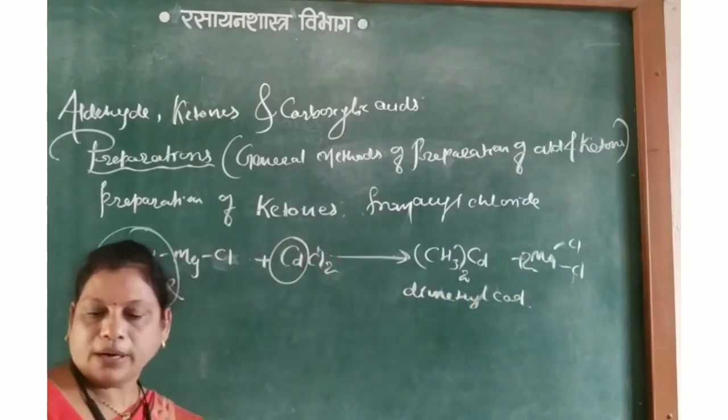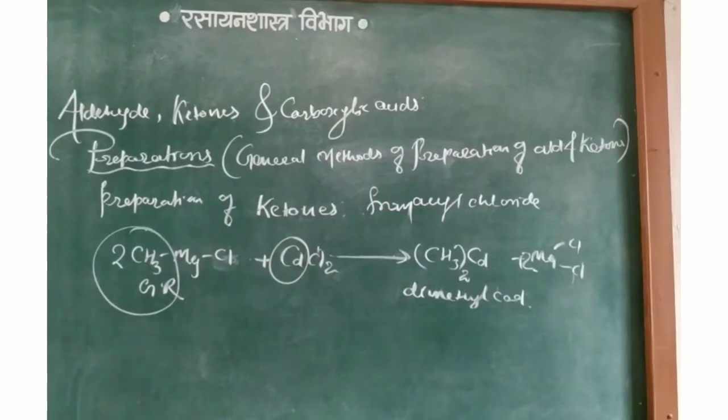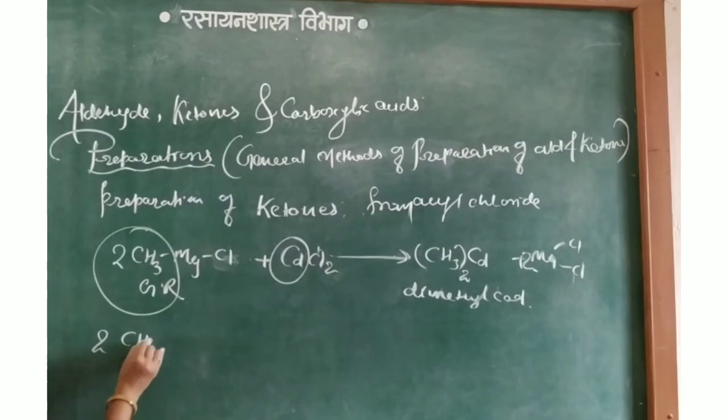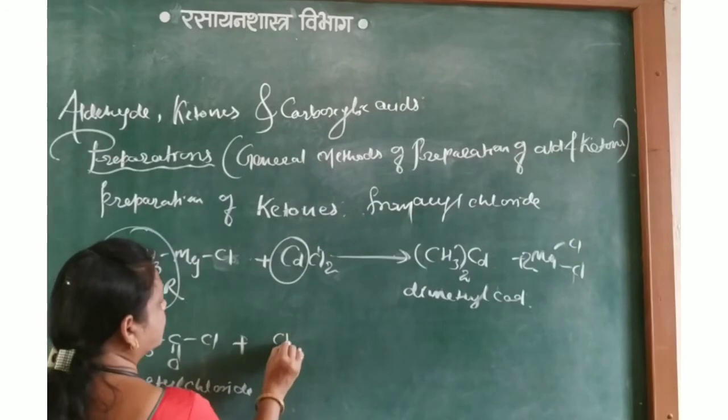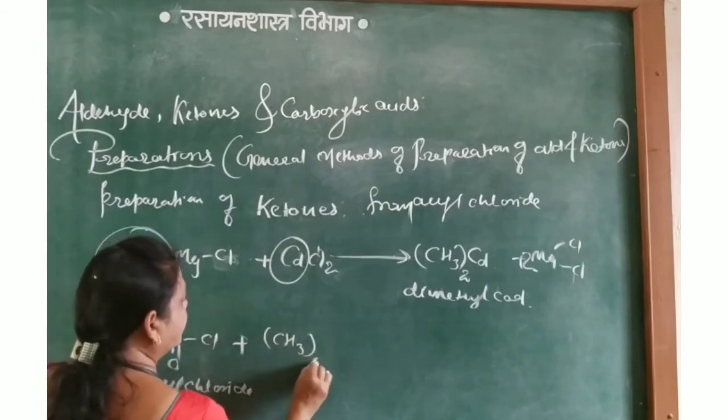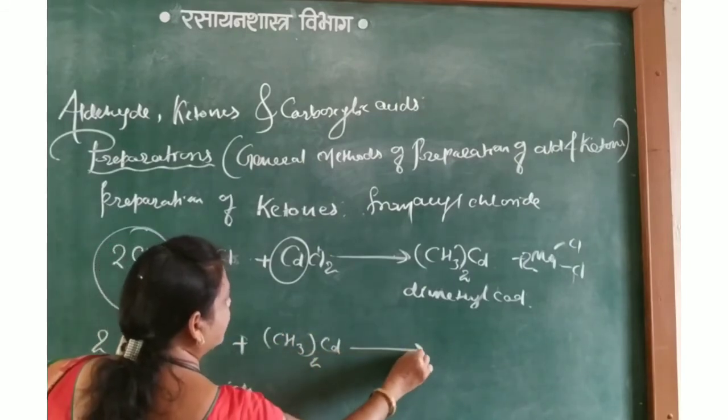Okay. Now dimethyl cadmium reacts with twice CH3COCl. This is called acetyl chloride. Acetyl chloride plus here (CH3)2Cd, giving you